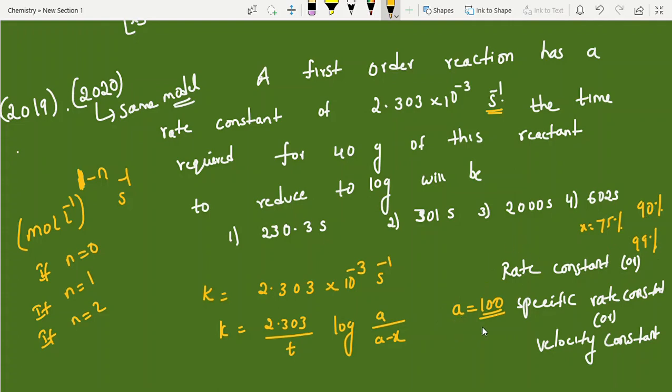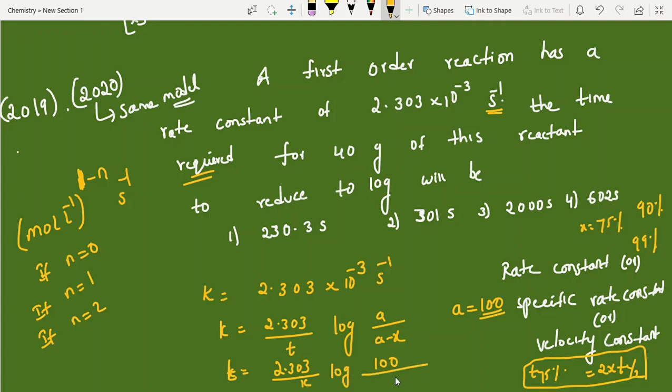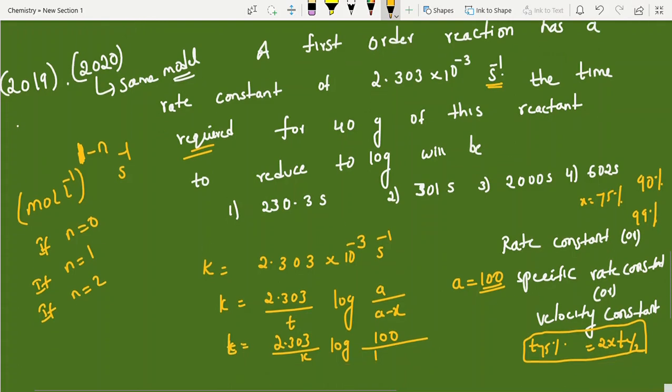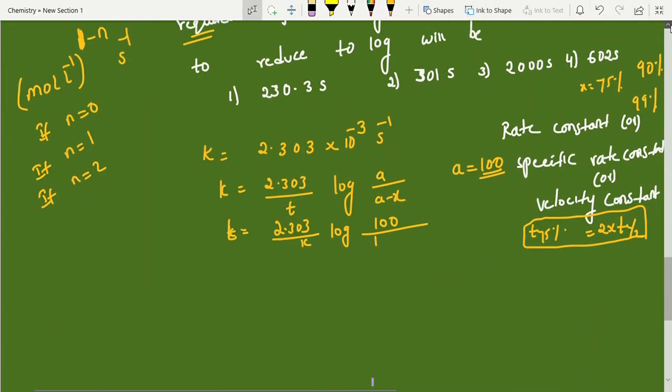Okay, so see, one question is there. T 75% equal to 2 into T half. How can you prove it? So what is the relation between T 75 and T half? Like that they will ask questions, same formula. So K equal to, then what are they asking, students? The time required they are asking. Then you can take time T equal to 2.303 by K log, tell me, 100 by 100 minus, values also they had given. Direct values here you can take. So what is the first one?